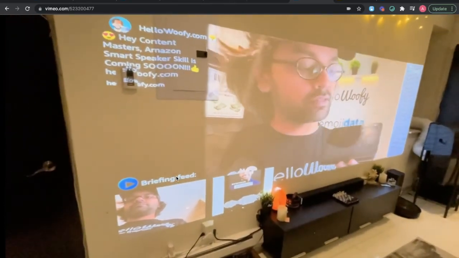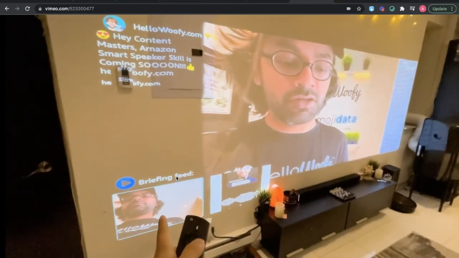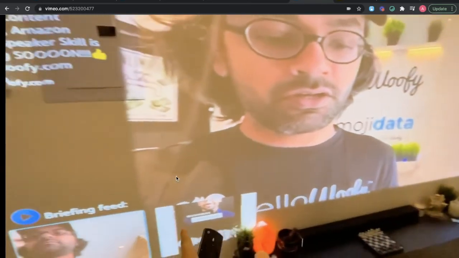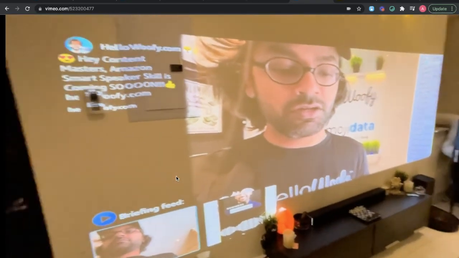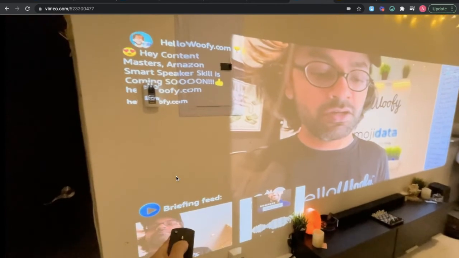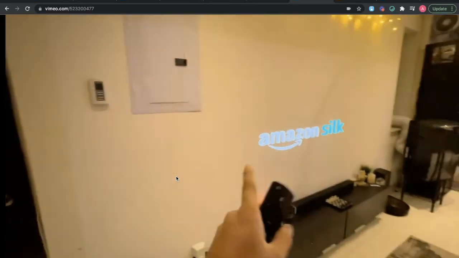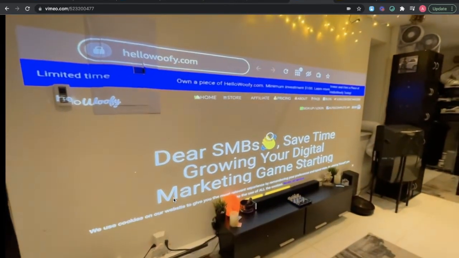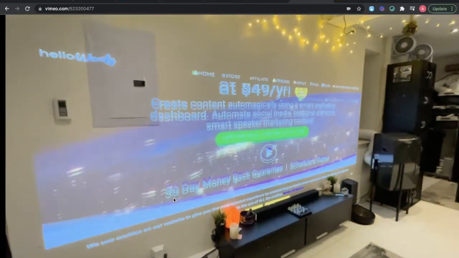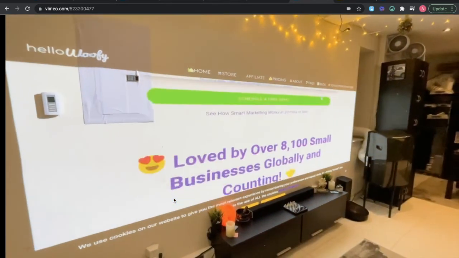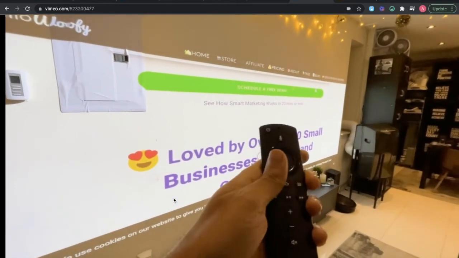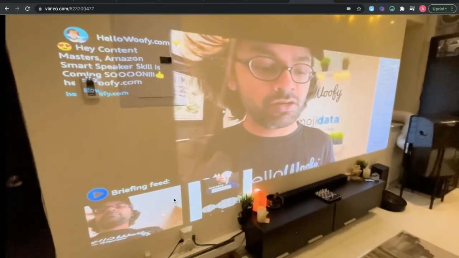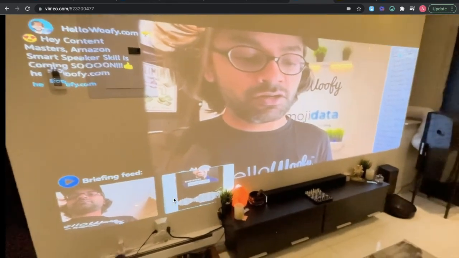Come in, ask a fitness guru about how to work out, the best way, the best techniques to use. A fitness instructor can show you the next levels. That's your way of engaging with the customer right in their living rooms or in their bedrooms, so long as they opt in. Then you can take the customer to the website, in this case HelloWoofy, and they can buy, subscribe, watch a video, whatever you want them to do as a call to action. And you can even have them hold up their phone and scan the screen. If the call to action isn't a link, if it's a phone number or an email, it'll automatically pop up on their phone, and they can make a phone call to you, or they can send you an email.